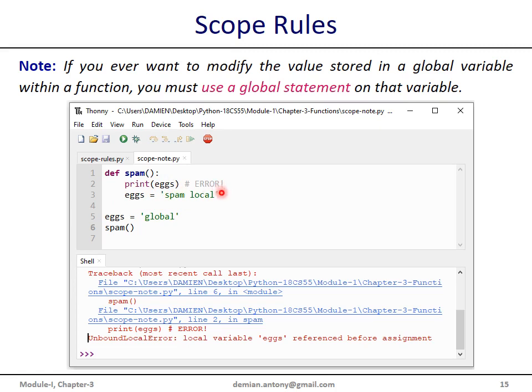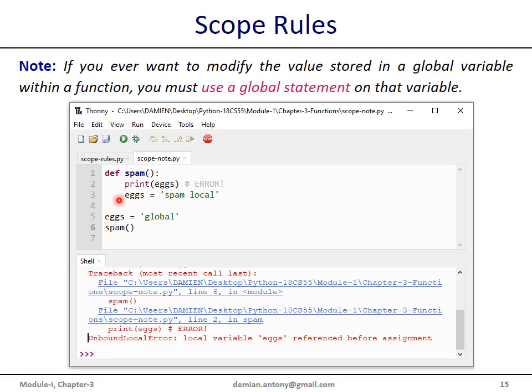This is not permitted. This is permitted if you use the global statement, global x. If you write global x here, then you are allowed to modify this global variable.